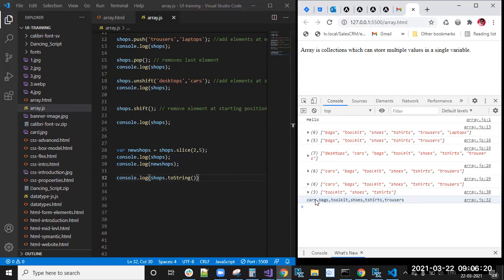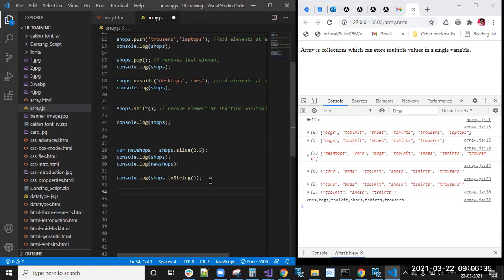It is comma separated, right? So toString means you will get comma separated values in the string form. Now we have one more method, the join method.